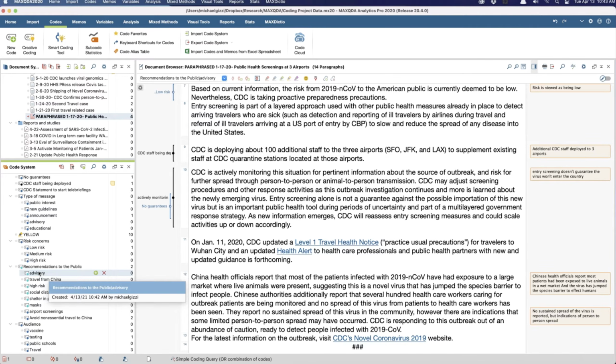Recommendations to the public, advisory. So the parent code becomes part of the name of the code. It gets confusing. It's okay that you have similar code names, but just be intentional about it.